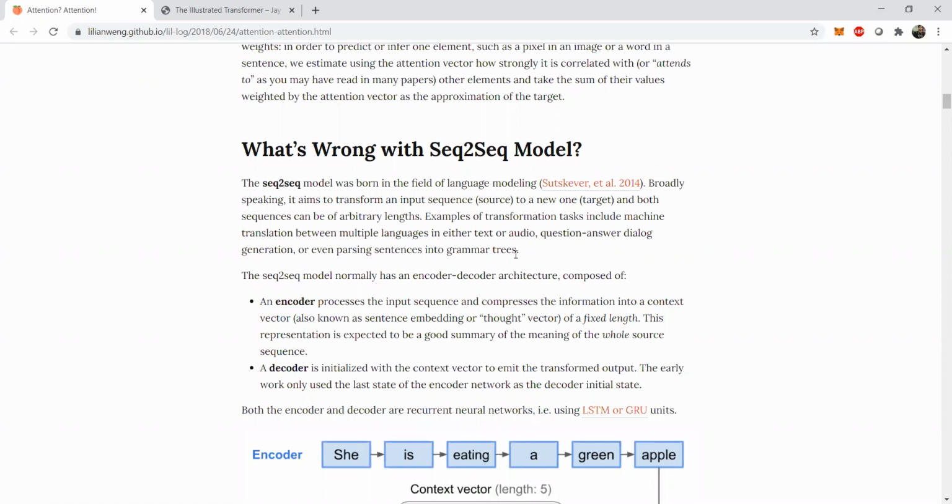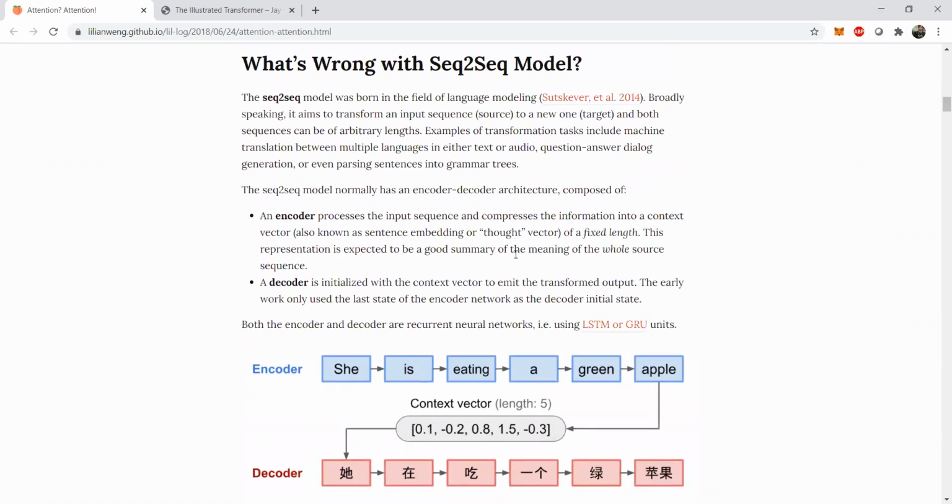And there is also another drawback of having fixed sized inputs and fixed sized outputs. Now, fixed sized inputs and fixed sized outputs may not always be the case, but in neural machine translation, we have seen that varying size outputs and inputs may come into the picture. So the sequence to sequence model already has these kinds of things. They have a composition of an encoder that processes the input sequence and compresses the information into a context vector.